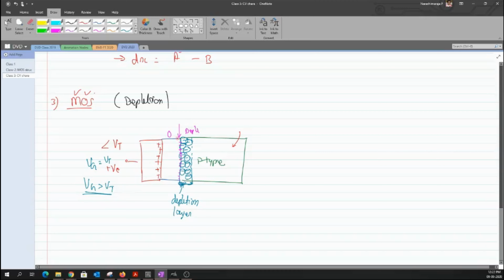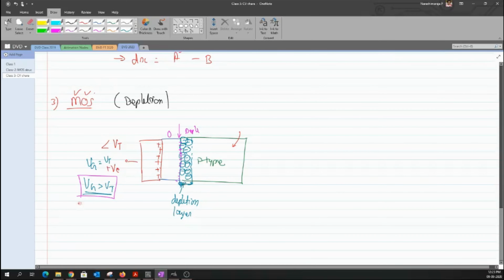So this is the one that would help us for the conduction of current between the source and the drain. These electrons that I have pulled when I have a voltage greater than VT. But when I look across the depletion layer, the width is held constant. Whatever voltage I have above the value of VT, it has been kept constant after that.